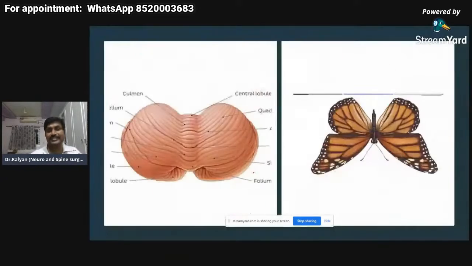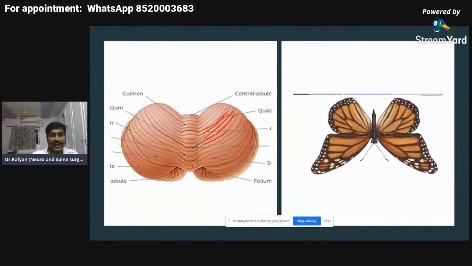Fine. So let's come back to the cerebellum. This is the picture of the cerebellum from behind. As I've told you, there are a number of horizontal striations. These transverse fissures are very specific for the cerebellum. They are present only in the cerebellum and nowhere else in the brain. So once you identify these transverse fissures, you are very sure that this is a part of the cerebellum.